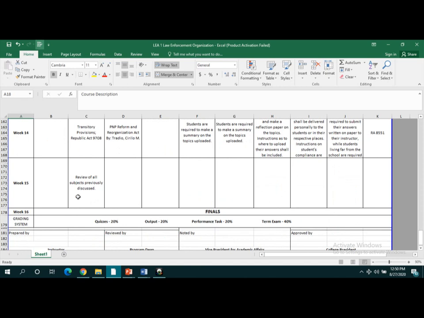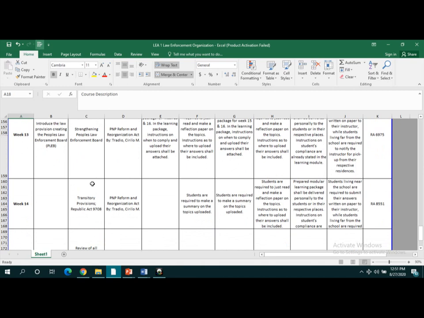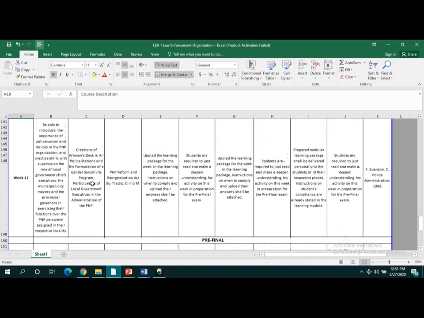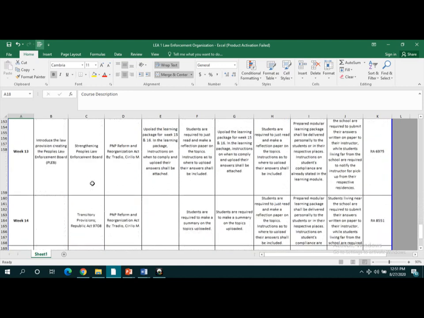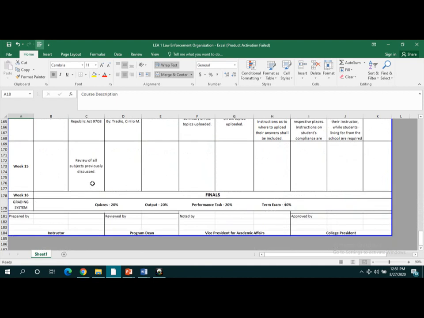And lastly, week 15, we are going to have a full review of the subject that is taken by you. So please be guided, my dear students, that we have 15 weeks to battle against these topics that I mentioned. So this is very informative, very educational for criminology students because we will be personally discovering the PNP